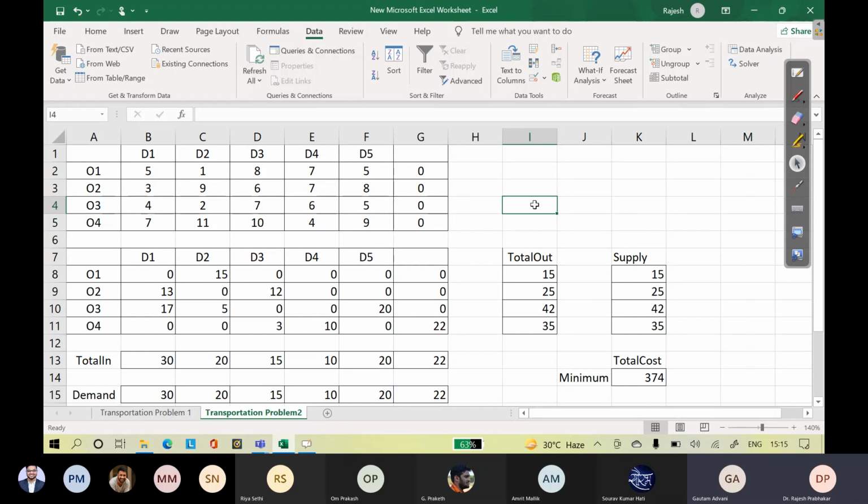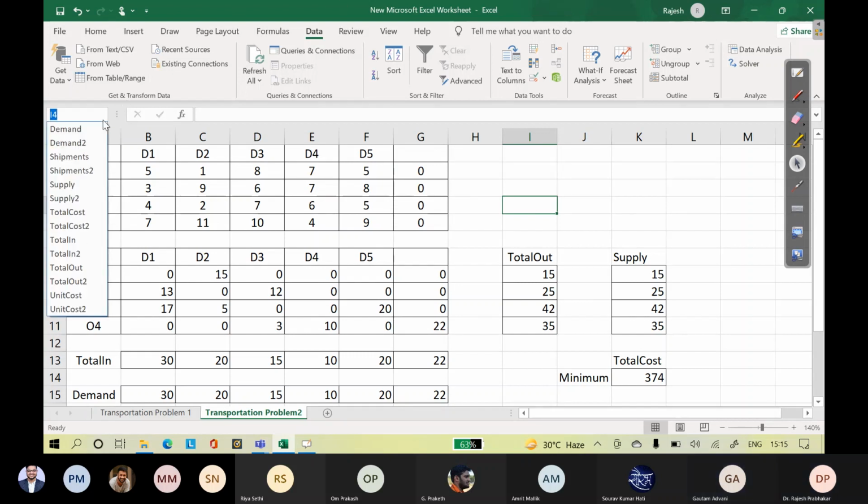You have to create a new name, or delete the existing one. How to delete the name of a range in Excel?